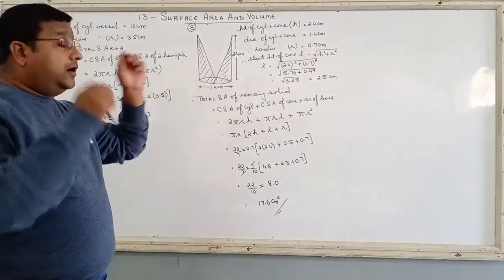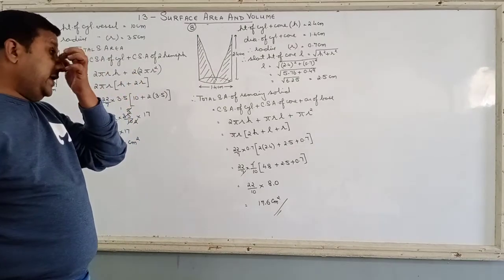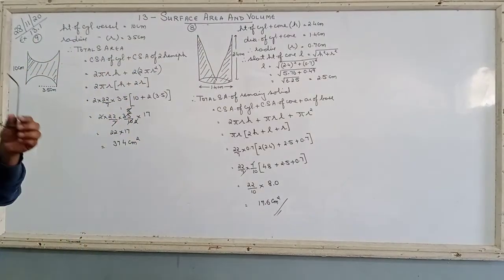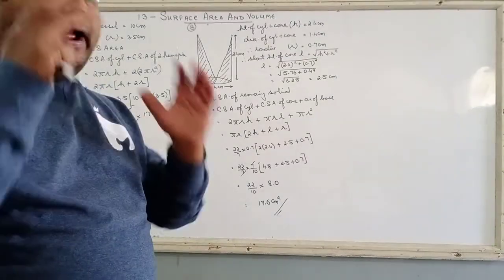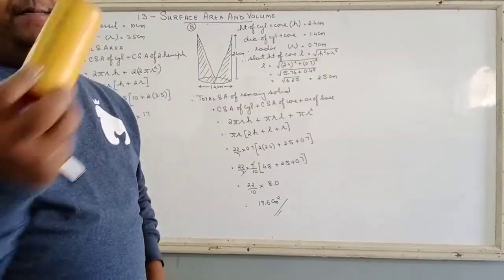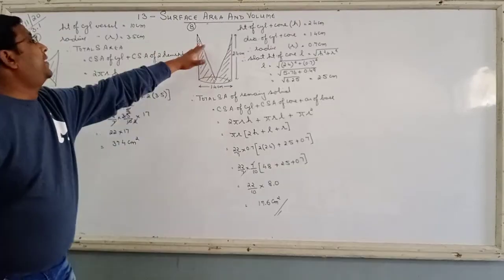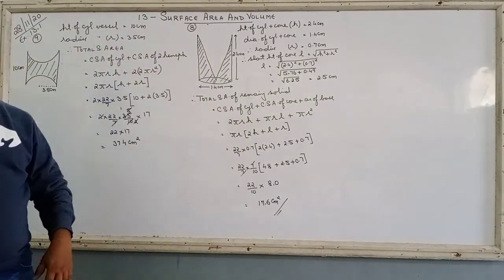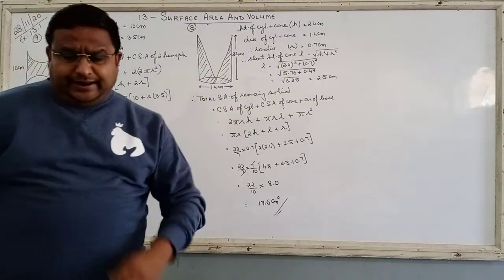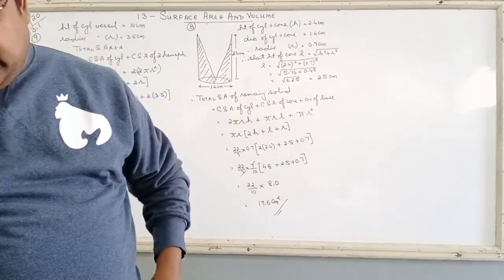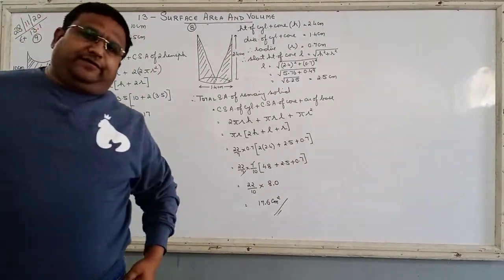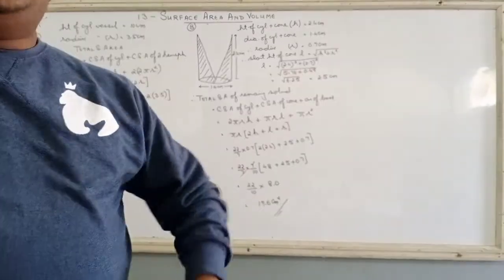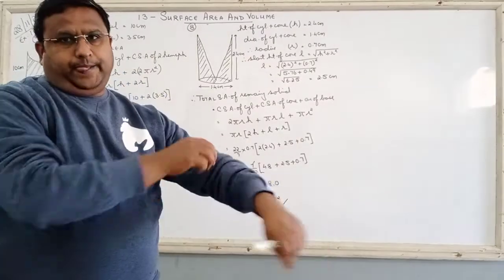Clear? So this is how simple the calculation is. The only thing is that we need to observe things. Observation is very important. You have to imagine the shapes. That is why I brought these figures for you, so that you can imagine these shapes in your mind. Right? Take a look. Now 2 more questions are left. Take a look at question number 4 and question number 5. Both the questions are similar.